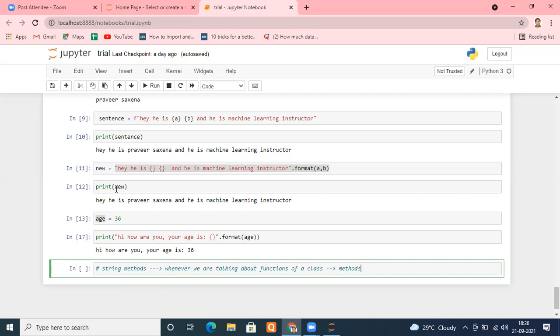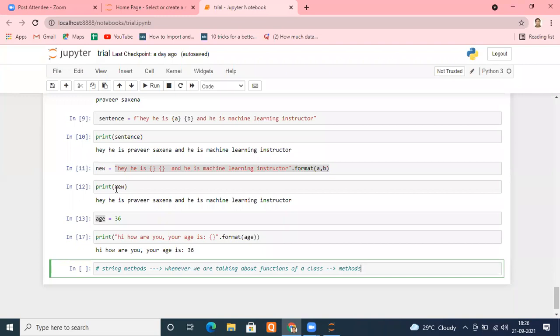So the string class has certain functions which we can perform on the string. If we can perform certain functions on a particular data type, then we can say that these functions are dedicated to that data type, or these functions belong to this class, or these functions are nothing but methods of that class.